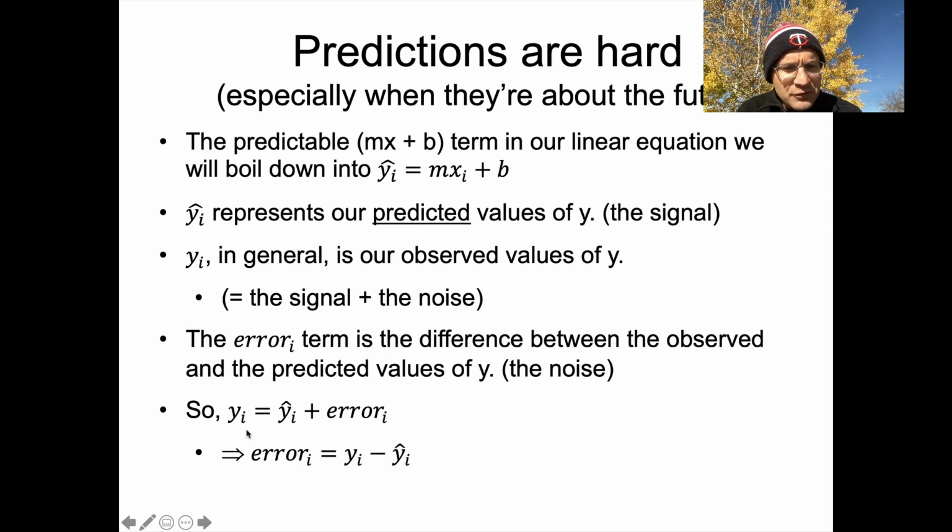Okay, so also mathematically, to give you a different expression for the error term, you can think of the observed values of y as equaling the predicted value of y plus the error term, and by extension, that means that error is going to be the observed value minus the predicted value. We're putting it like this because we want to capture it as a difference, but this doesn't mean that the error term can't be negative. Sometimes the predicted value is greater than the observed value, and sometimes it's the other way around.